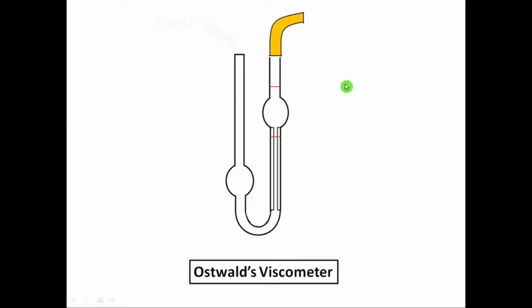Now remember, whenever we measure the viscosity coefficient of any liquid, we have to take it inside this viscometer, and whenever pouring this liquid into this viscometer, we have to pour from this particular limb. There is a limb where the rubber tube is not attached. Always pour liquid from this end.